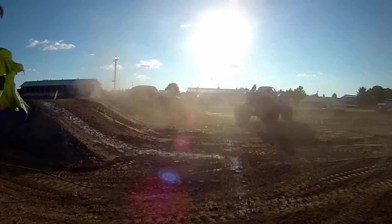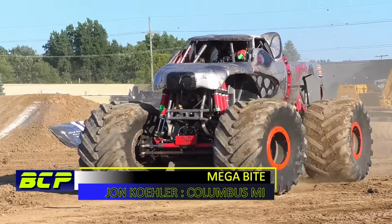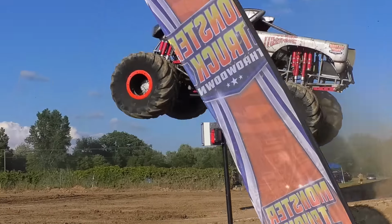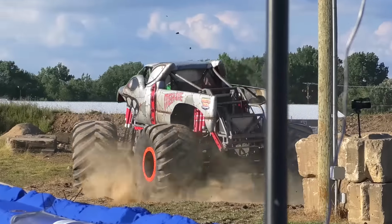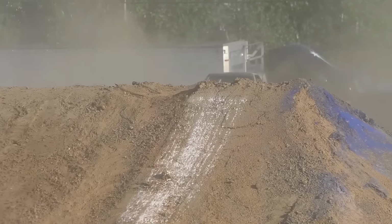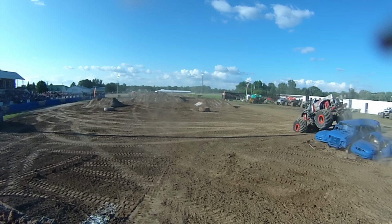Remember, a perfect score is 10, so he knew he made it hard on everyone behind him, and so did they. Check this out. John Kohler, second-generation driver in Magma. Almost wiped out our camera there, and it wouldn't last too much longer, by the way, so don't get used to it being there, but it was able to get us a nice view of that wheelie. We'll show you in just a moment, but Kohler